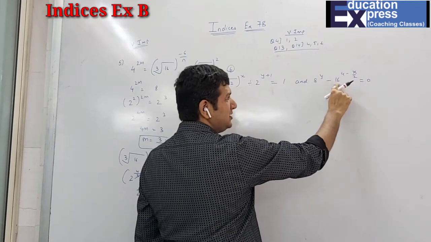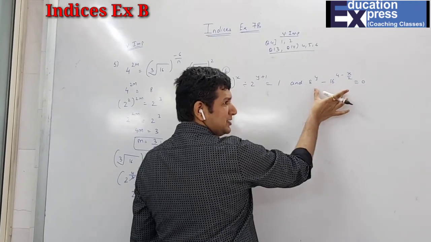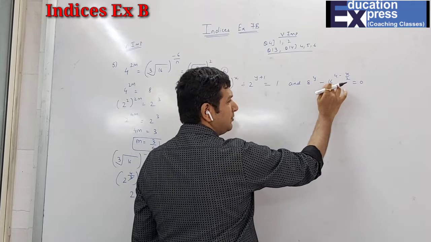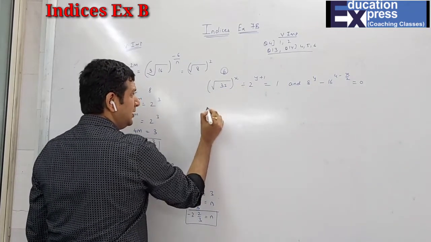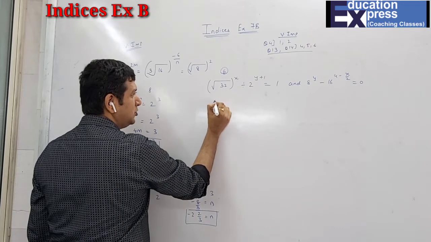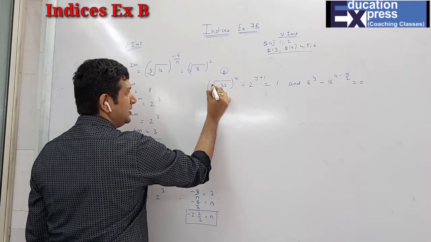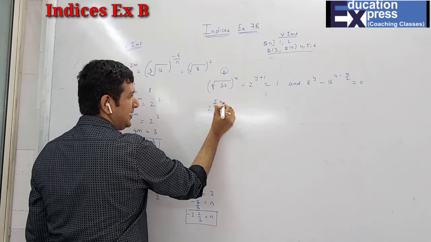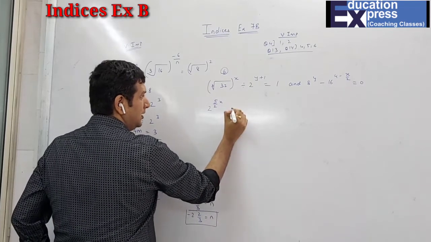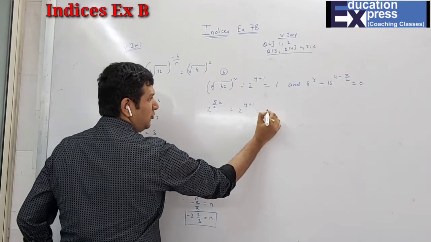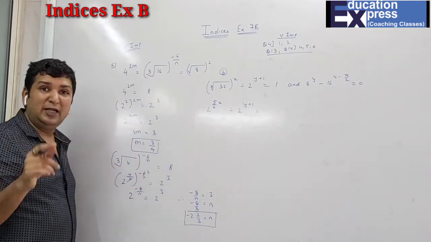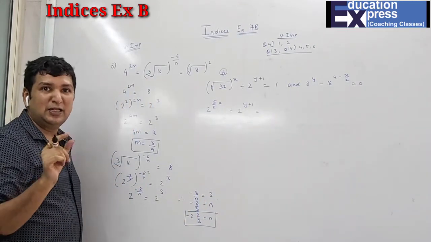So obviously first I will send this on the other side. When I take this, the first thing I will do, I will send this term on the other side. First I will solve this term. So 32 is nothing but 2 raised to 5. What is the root? Nothing is written, that is 2x divided by 2 raised to y plus 1. And 1 means what I told you? 1 means you can take your choice of base. Just take the power as 0.